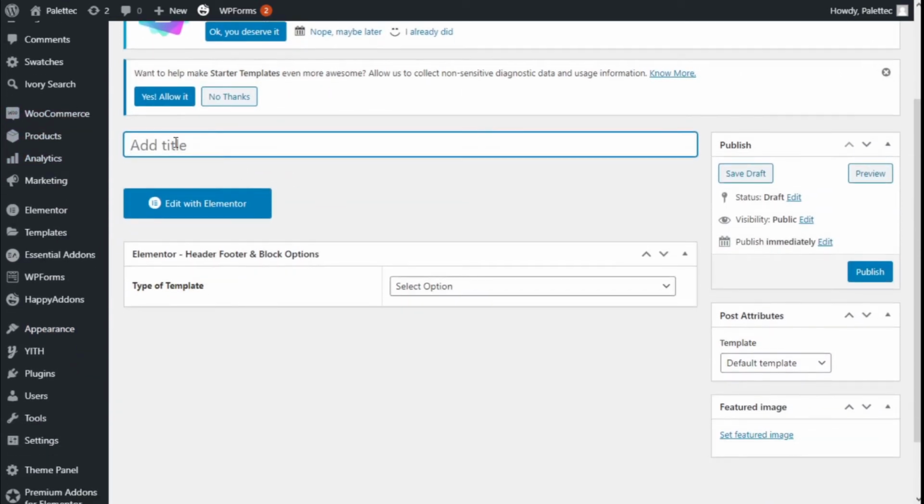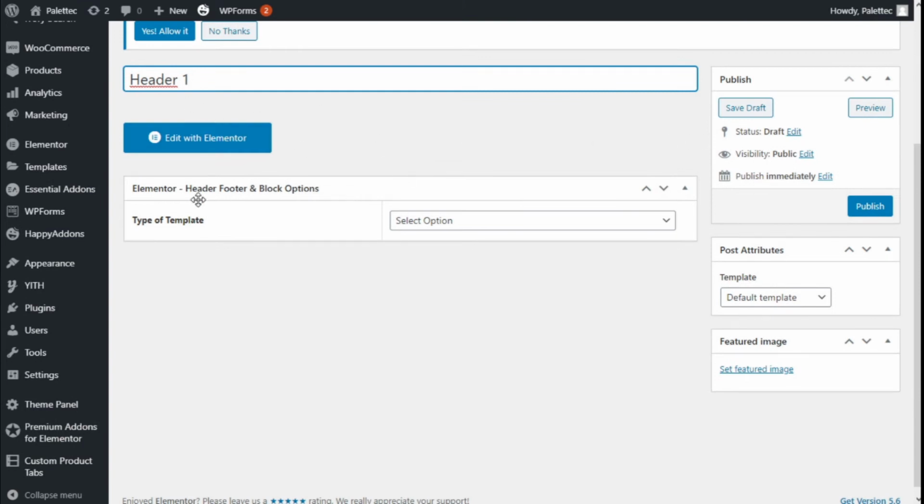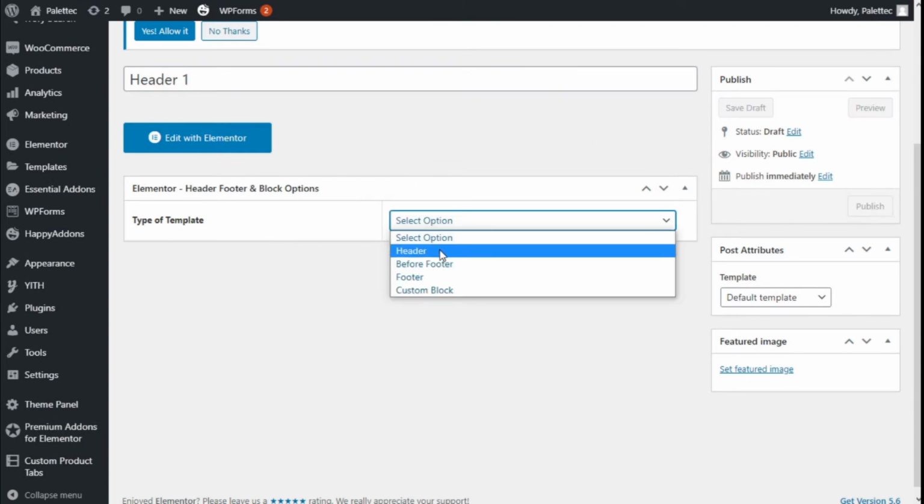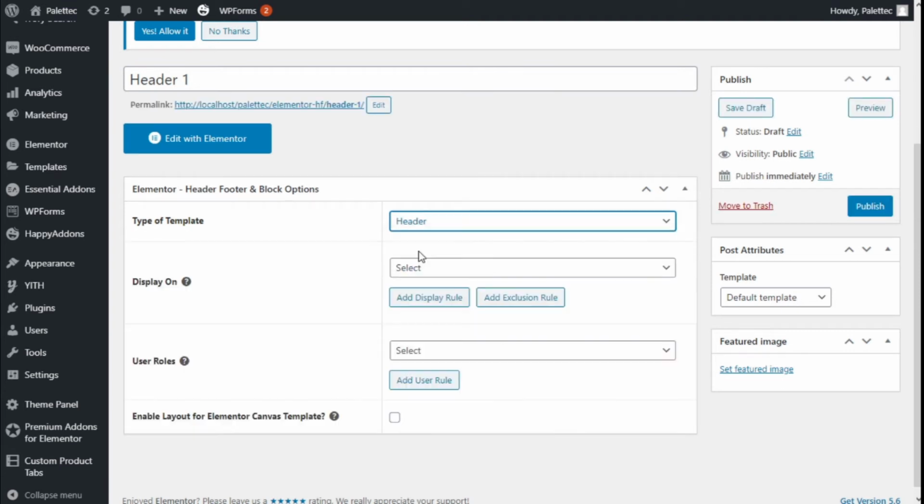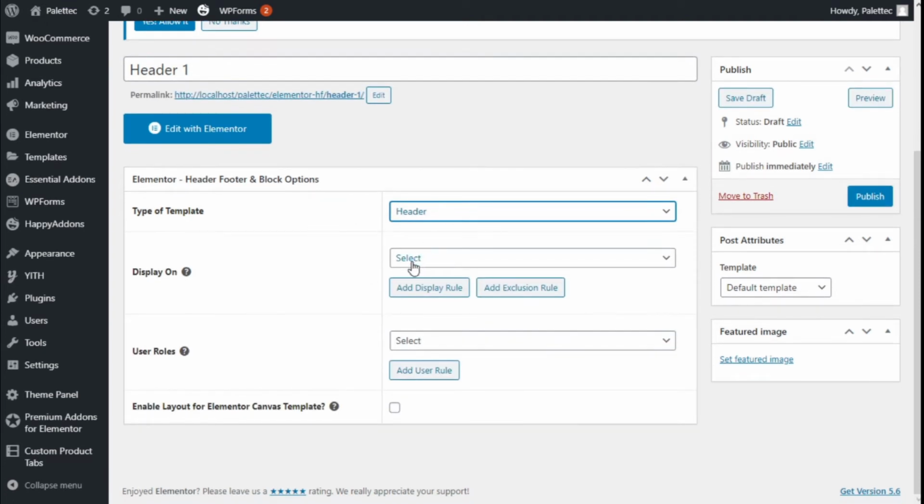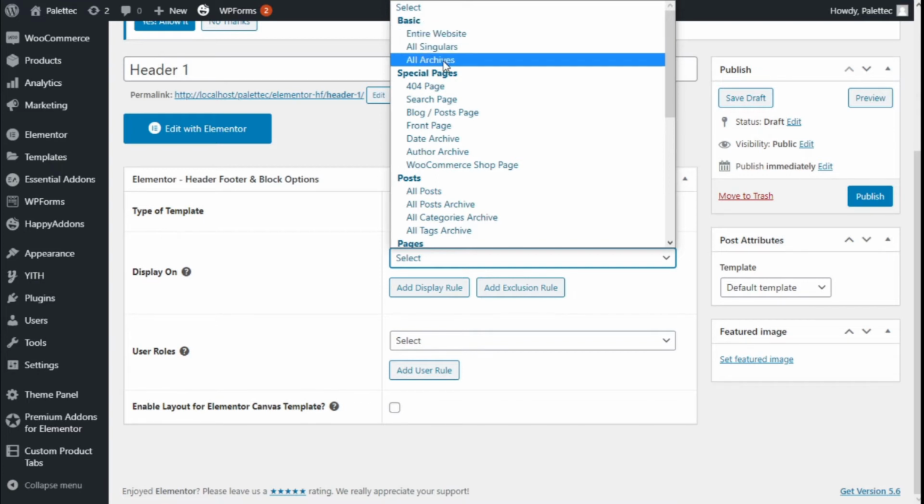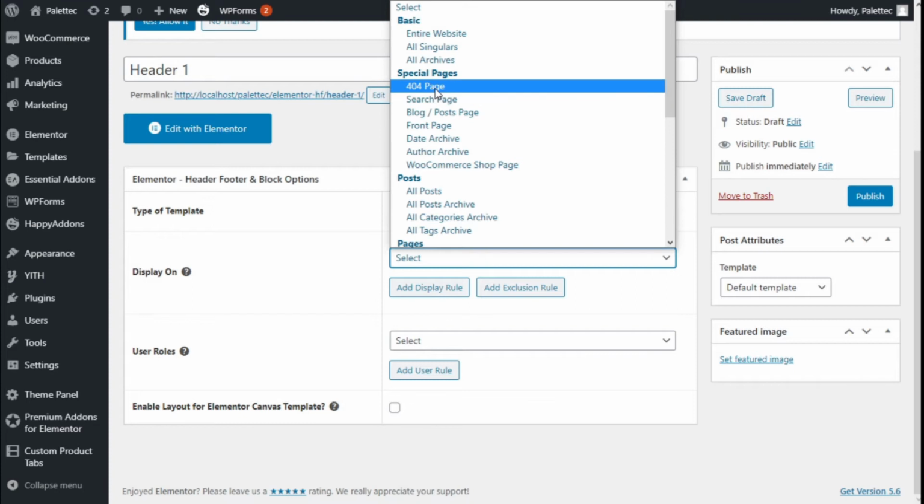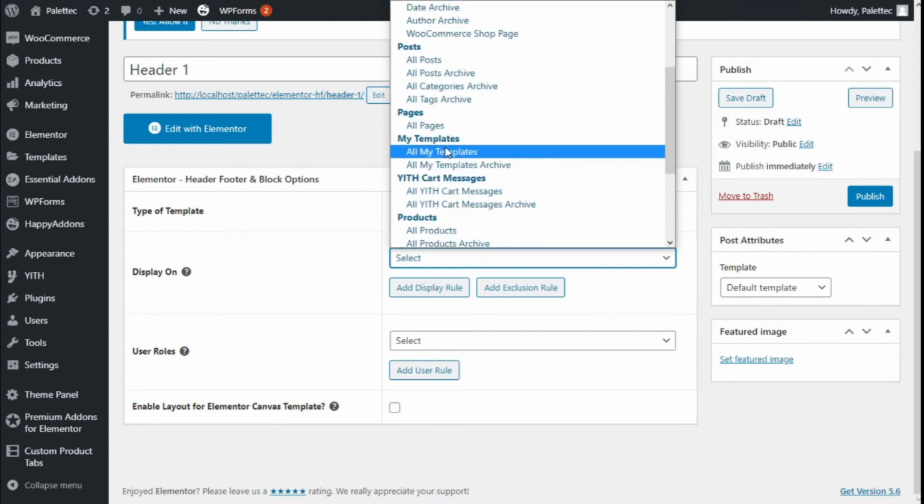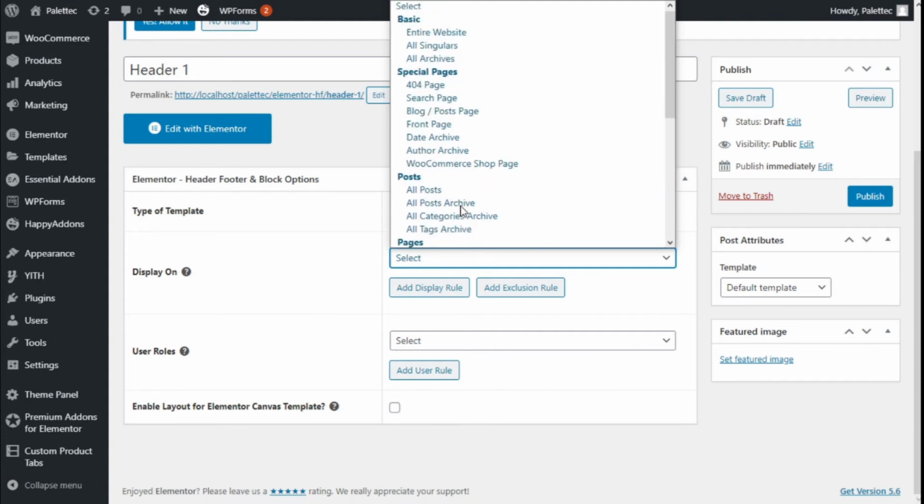and we are going to give it a title, header 1. It works mostly like creating a page, and on the type of template we are going to select header. We are going to select where it's displayed, and we have several options. We have basic, entire website, all singulars, all archive, and we have special pages, post pages, my templates, and so on. So in this case we are going to special pages, and we are going to select the front page,